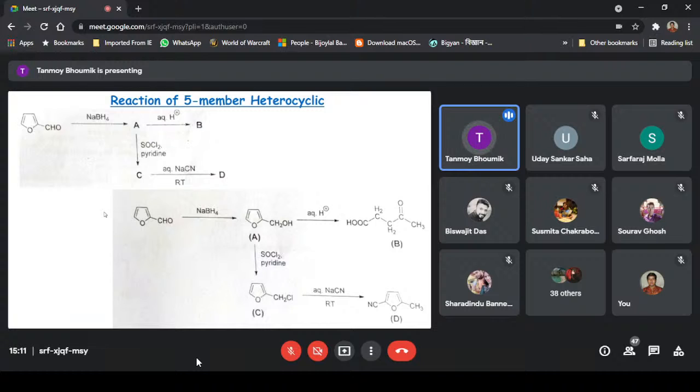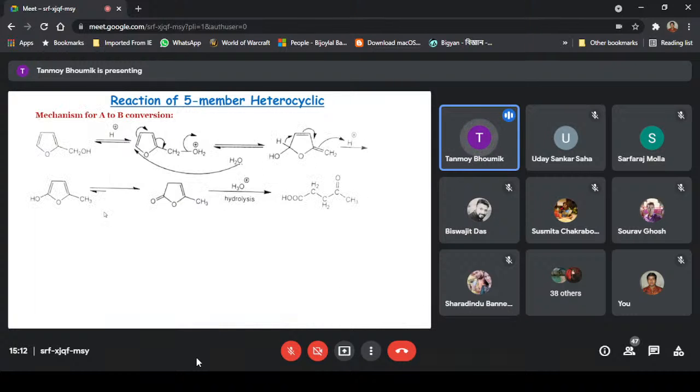One thing is that first the protonation occurs. After the protonation, SOCl2 reacts with this, and then sodium cyanide reacts, and after that the hydrolysis reaction happens. Before that, the hydrolysis reaction for this substituent is not done. So first of all, the mechanism for A to B, that is the substitution reaction, is the one-carbon bond substituted hexagonal bond, and